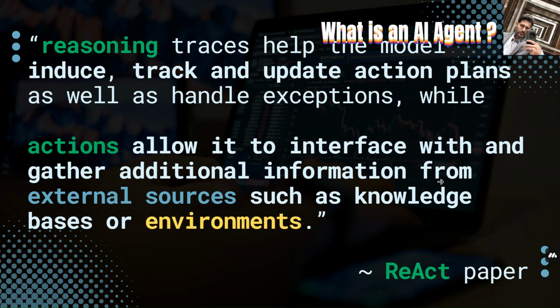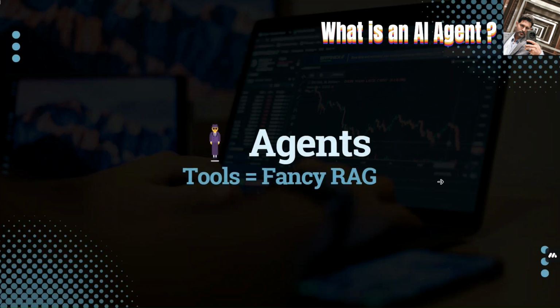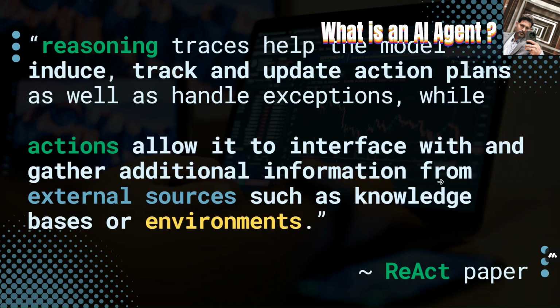Reasoning enables the agent to define and refine what needs to be done, the action, or what lets it pull in new data. So agents aren't just a passive system; they actively interface with tools, databases, or a live environment to get you what you need.